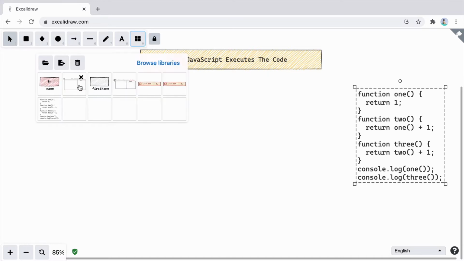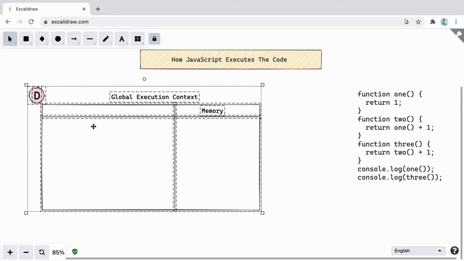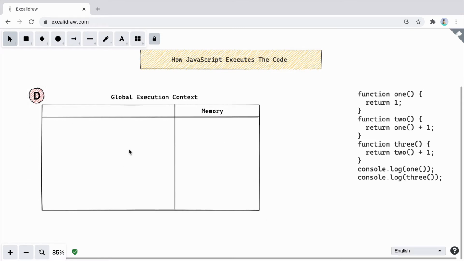We have seen earlier that as soon as you execute any piece of code, it creates a global execution context, and the global execution context consists of two parts. One part where it is going to store all the memory, and another part where it is going to execute all the code. So let's take a look at what will happen here. And we also understand that it goes through different phases like declaration and execution. In the declaration phase, all it does is store all the values into the memory.